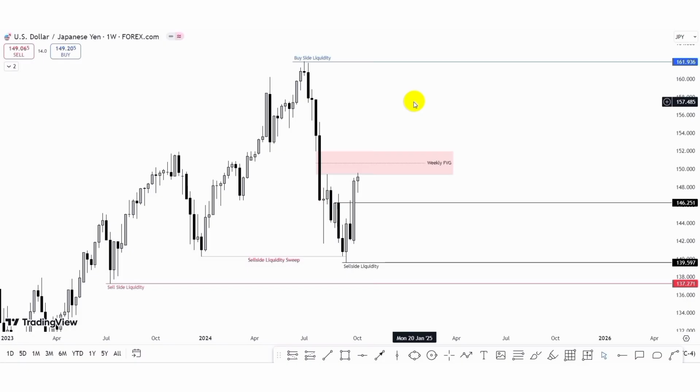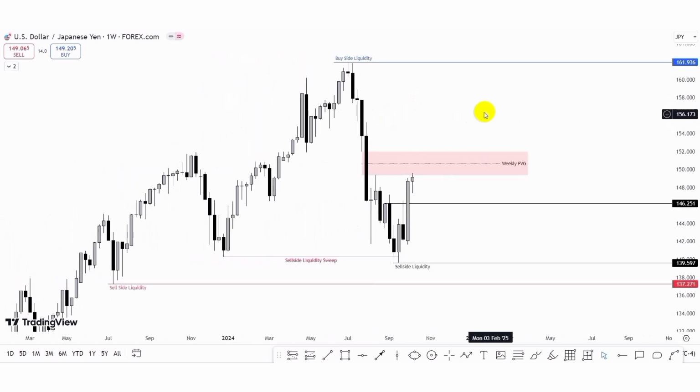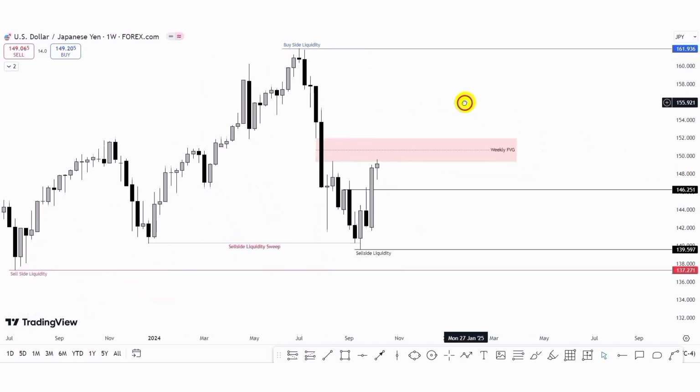So guys, let's look at the USDJPY pair. So what we can see in the USDJPY pair, last week we identified how price pushed to the upside and then raided this breakout block, because we can see this sponsored the move to the downside that took out the sell side liquidity. We have the bullish candle that sponsored the bearish movement that took out the sell side liquidity.